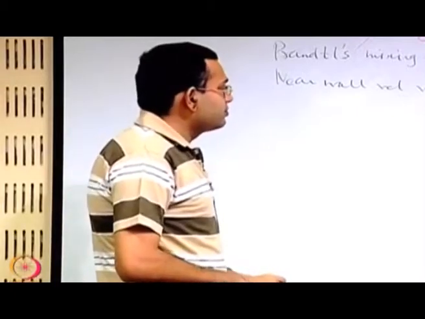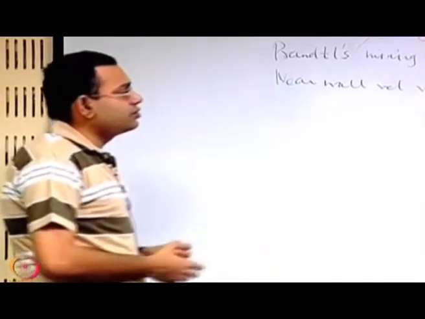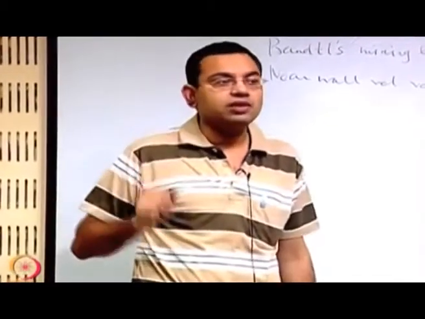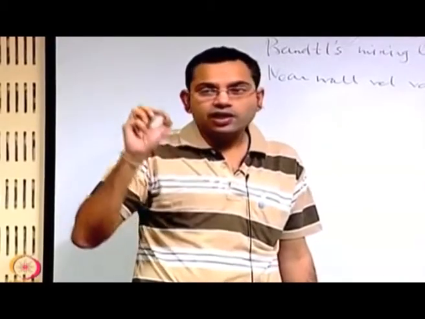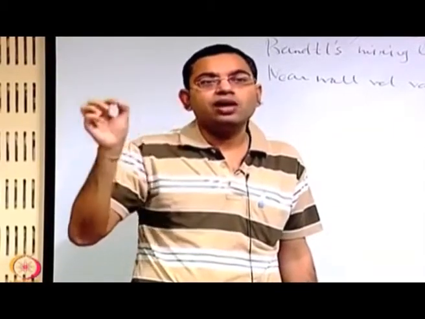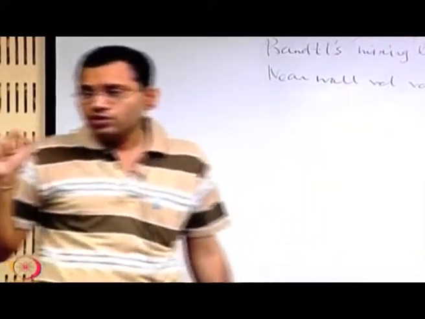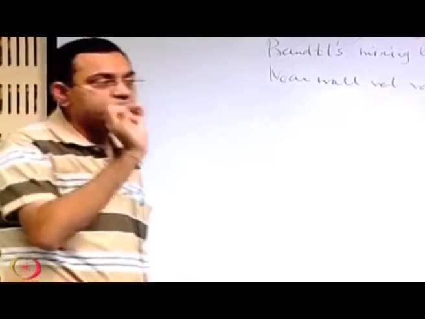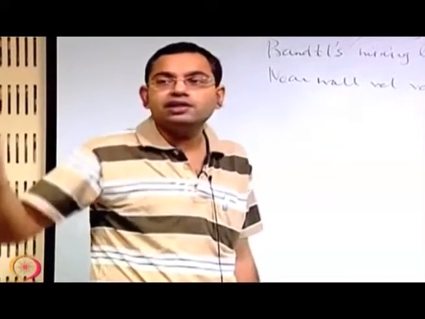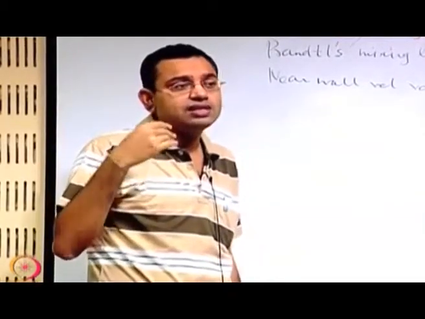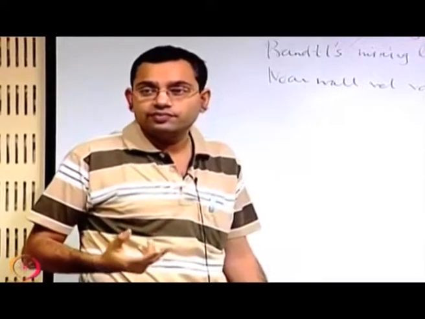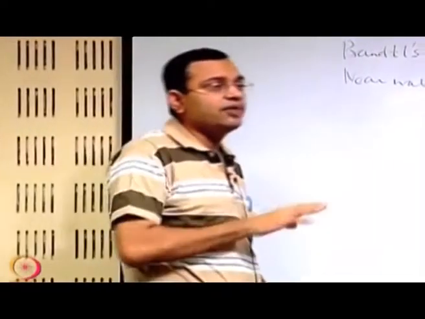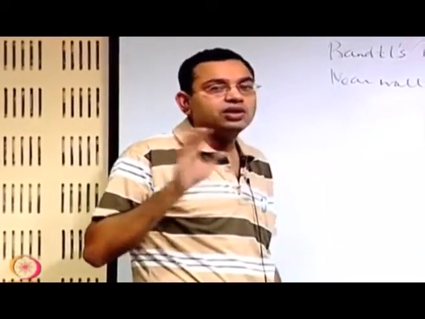The second thing is that when we are talking about the region very close to the wall, we should also be bothered about the roughness of the wall, because in a region very close to the wall, the roughness elements of the wall interact very significantly with the flow. So, the question is how smooth the wall is, because if the walls are rough, there are protrusions from the wall into the flow, and those may disturb the flow. In reality, those are some of the triggering mechanisms of turbulence. So, we have to understand the effect of the roughness, but first we isolate the effect of the roughness and assume that we are having a smooth wall.